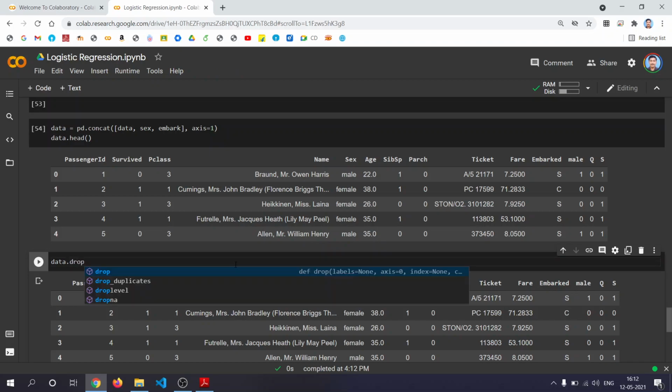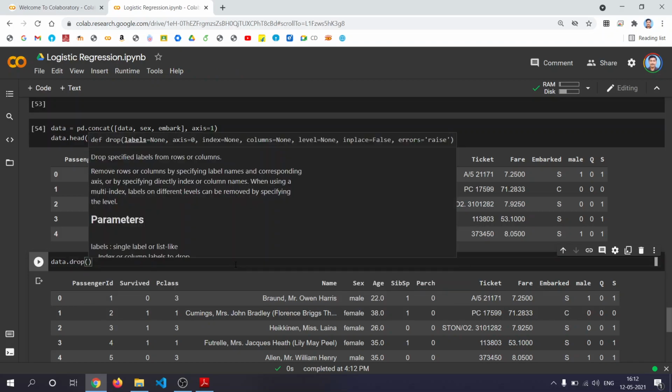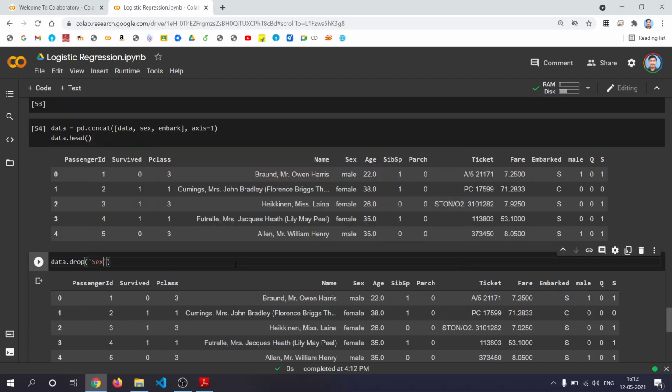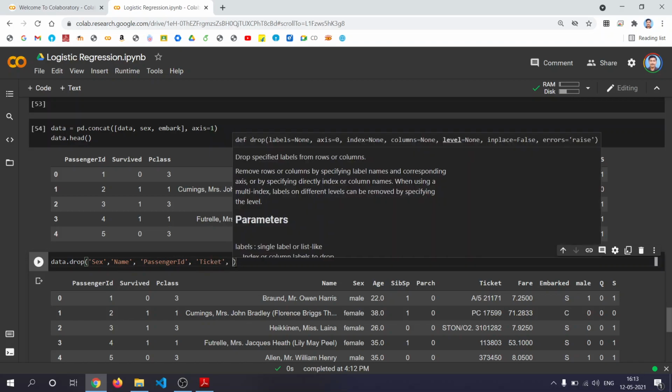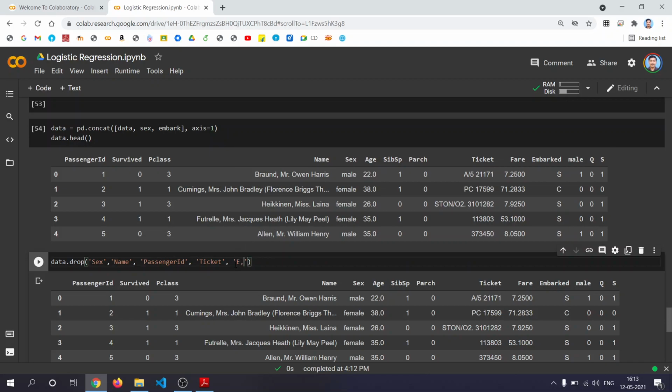Data.drop. What are the fields you would like to drop? Sex, then name, then we don't do any analysis on passenger ID, so passenger ID, then ticket, then embarked, and sex, we have already added embarked.